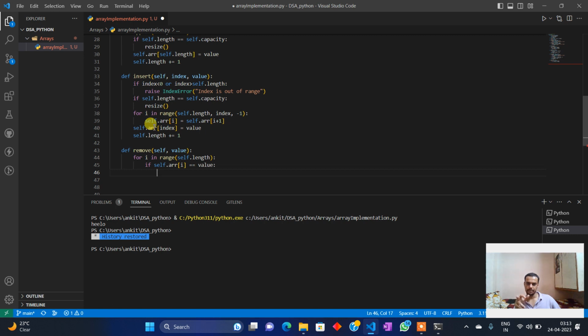Now what will happen is, since we are deleting it, it should shift. No, it will not shift, because the index value will be shifted for the remaining elements, because there will be no element in the last. So if the array is